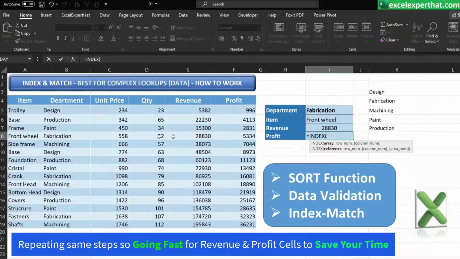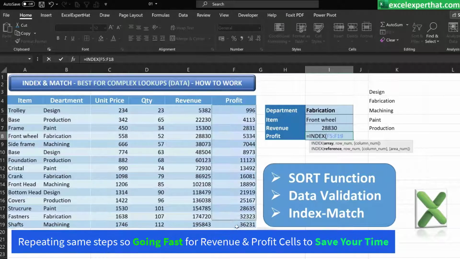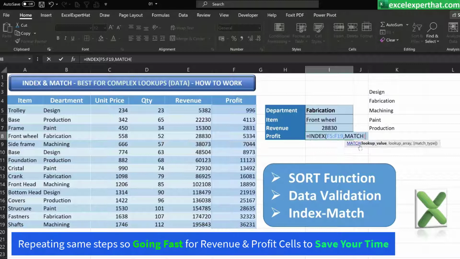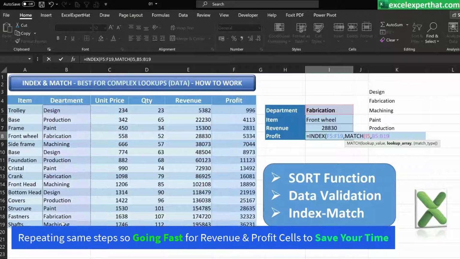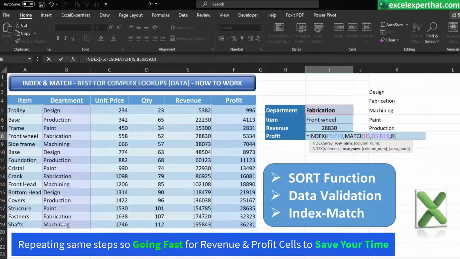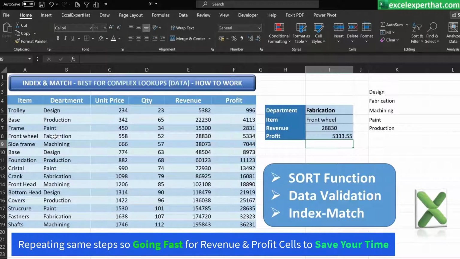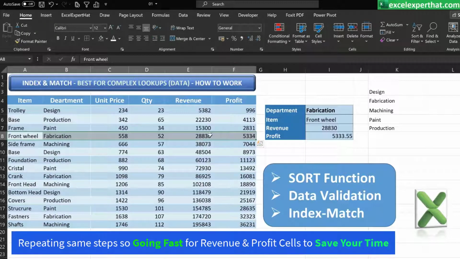I need the answer from profit. I will select the answer column, comma, and here I will put a MATCH function, double click, lookup value for fabrication, comma, where the fabrication is mentioned, that department, so in the department column, comma, exact match, both brackets complete, hit the enter button, and you will find out fabrication front wheel revenue is 28,830 and profit is